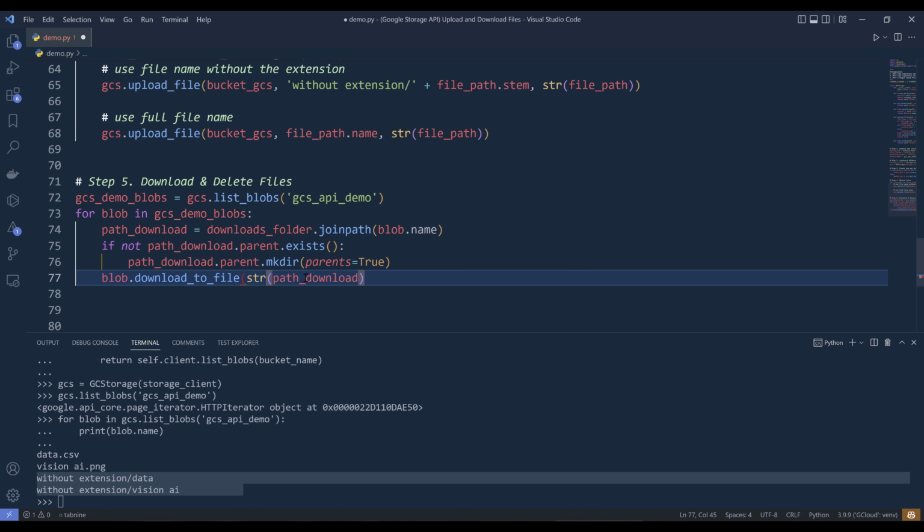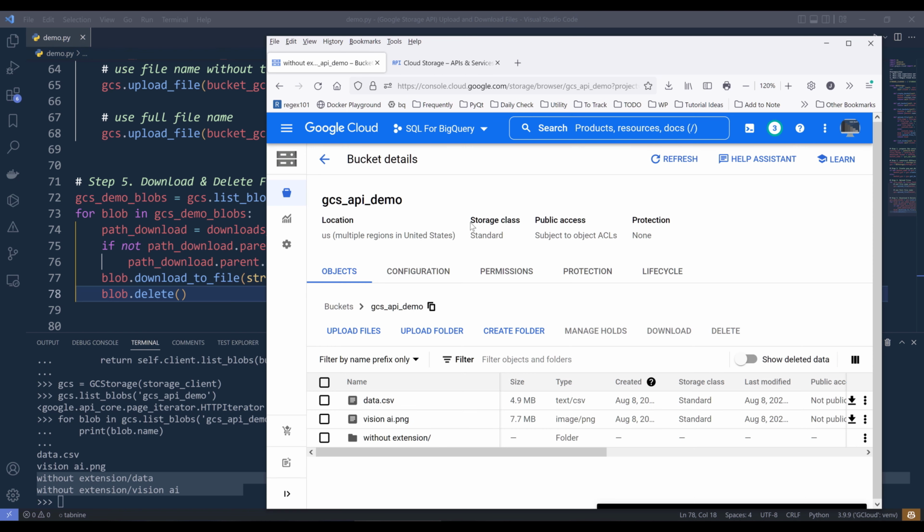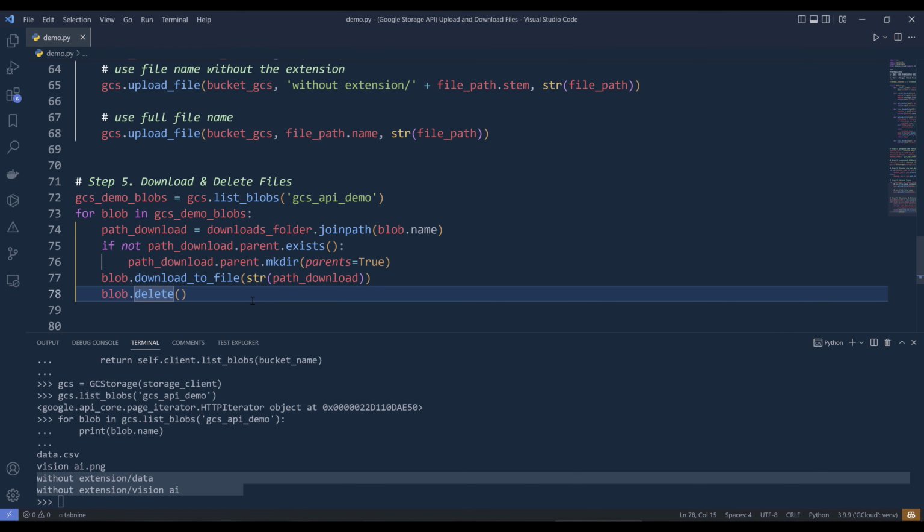We can do that by inserting the string function. And once we download the file, we can delete the object using the delete method. Alright, so here, if I look at my GCS API demo bucket, now if I go ahead and run this code block to download the files,